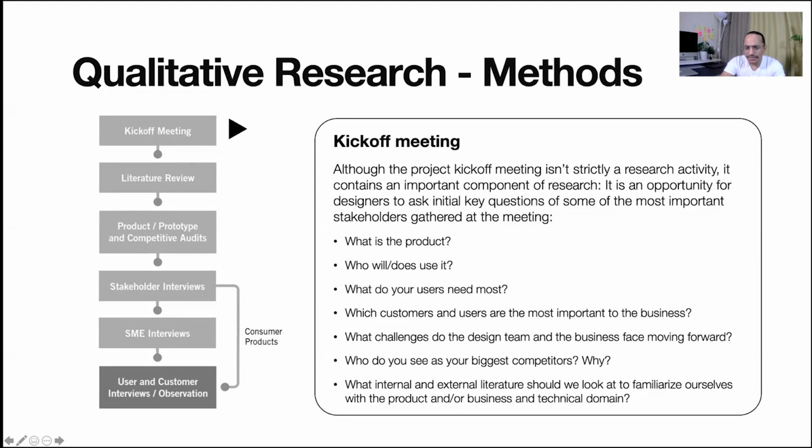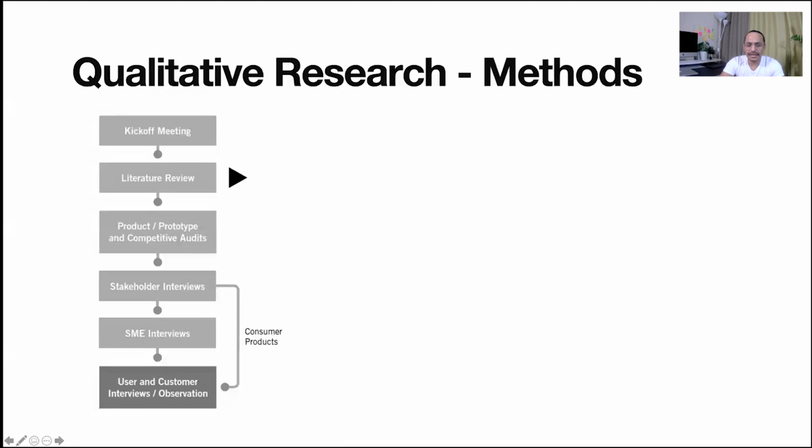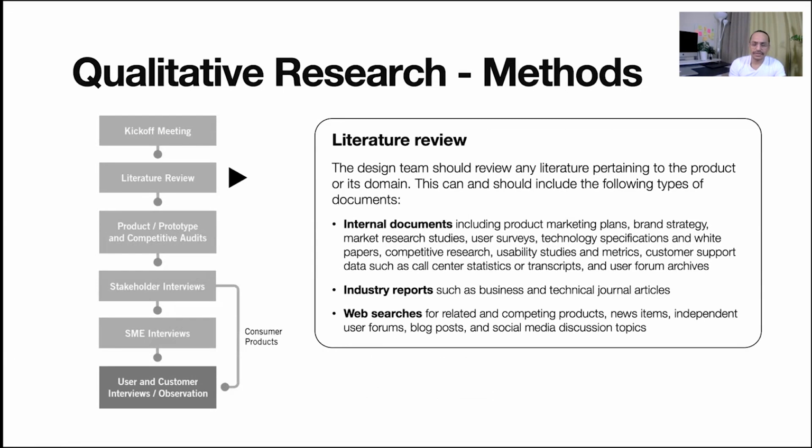Once we are done with this kickoff meeting, we straight away get into doing the secondary research. That is basically the literature review. So this is also called secondary research. In this, we read or go through a lot of different literature, be it going online and checking different websites, blogs, reading white papers, or any other kind of documentary or research document. So we get information and read about it from different sources.